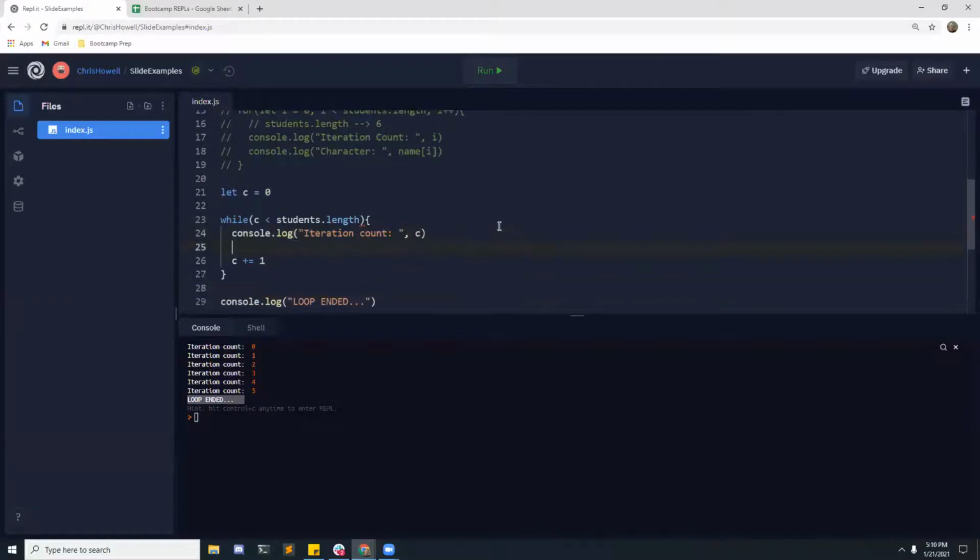But so now we can do the same thing we did above, where we do console.log and we can do name and what was it, students, and we pass it the C now because C is our index. It keeps track of what index we're on. So it will run here. Let's run it this way first. So again, we have all of the names printing out and all of the iteration counts,